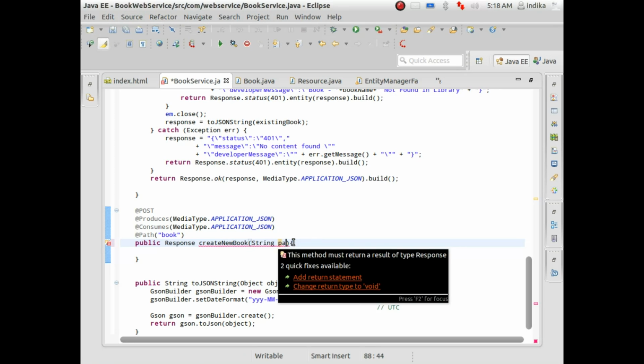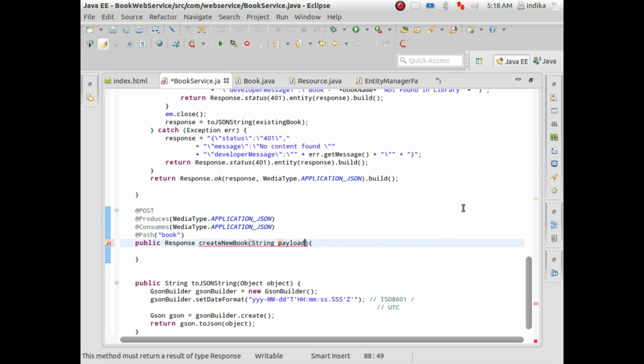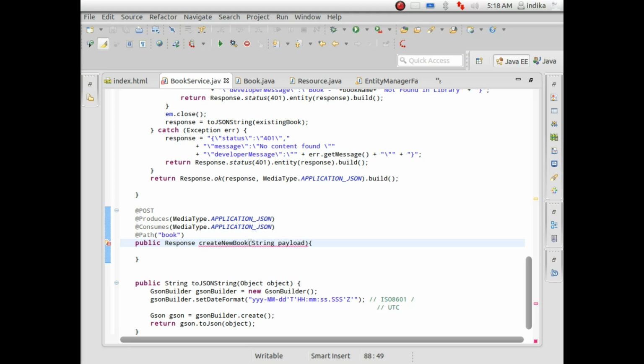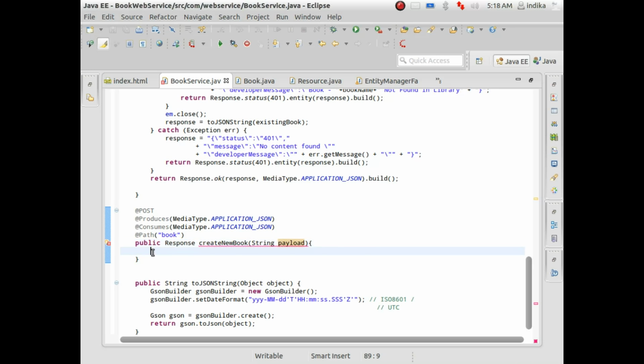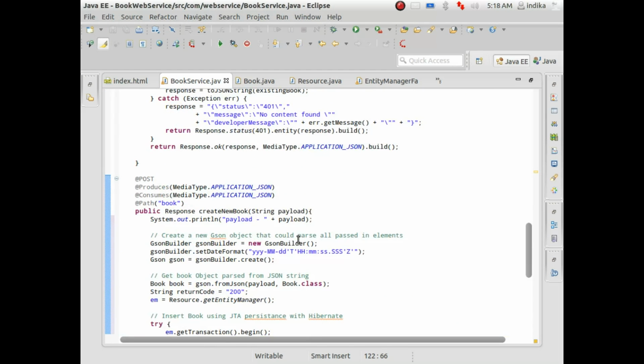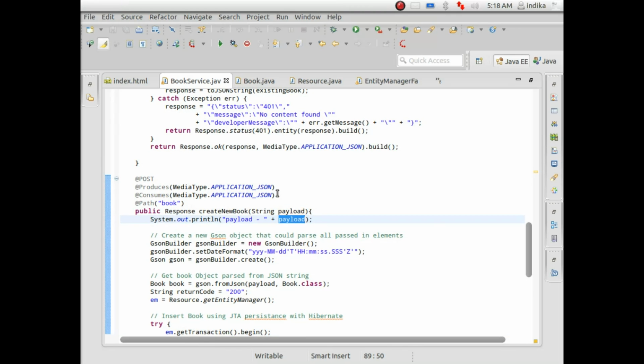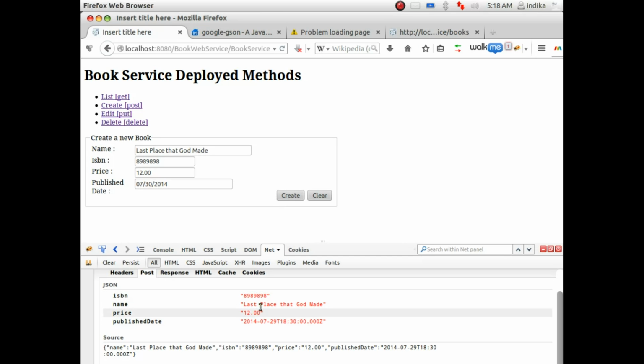Let's call this payload. Right, so I already have this method created. Let me copy and paste here and just explain about the method. So in this method I'm getting the payload, which is this set of JSON data,